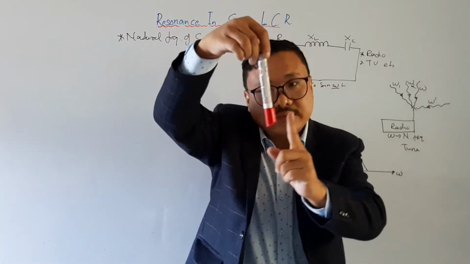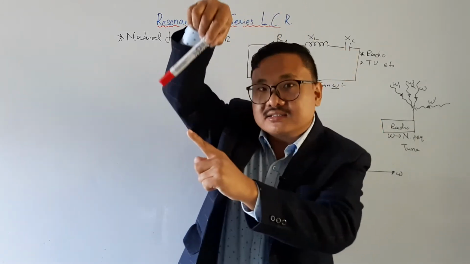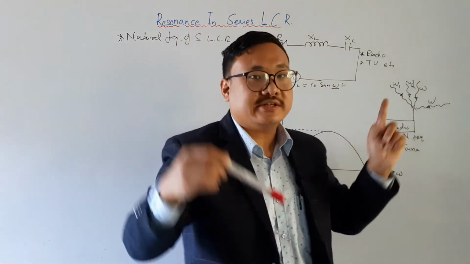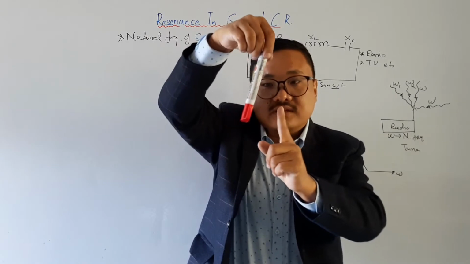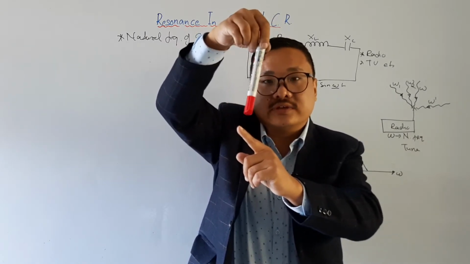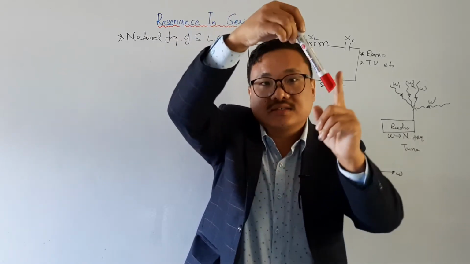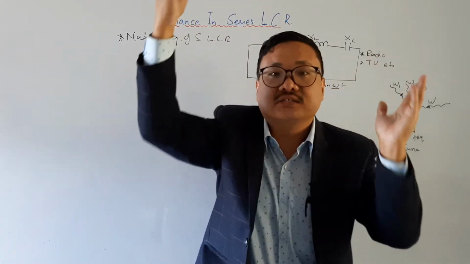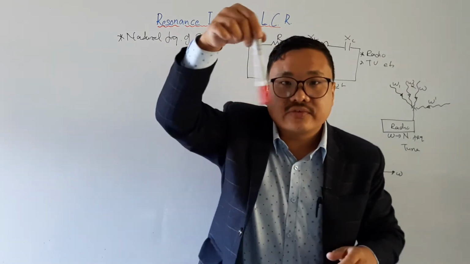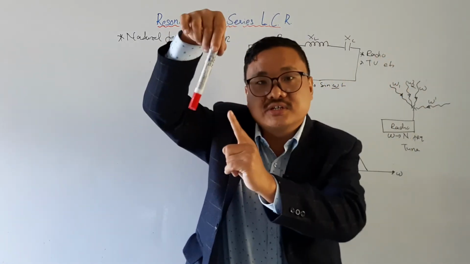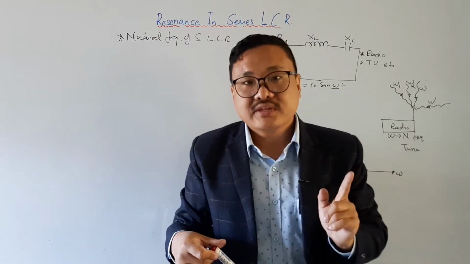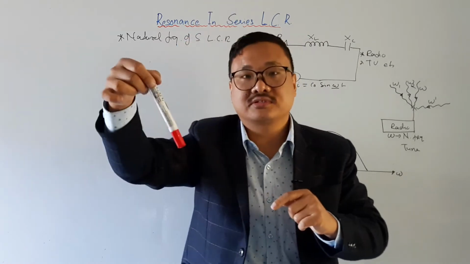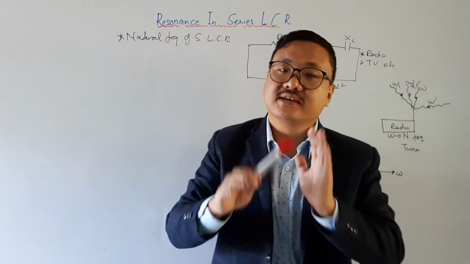But if I match my force with this pendulum, and whenever it is here I hit it like this, then it will move with a very high amplitude. The same thing happens here. It is coming somewhere here and I hit it, no resonance. But if I match with my finger, coming, going, and hit, it will get more amplitude. That is resonance. It means its frequency and my frequency have to be matched, and then there will be resonance, and if it happens, there will be maximum amplitude, maximum force, maximum current, maximum voltage, and so on.